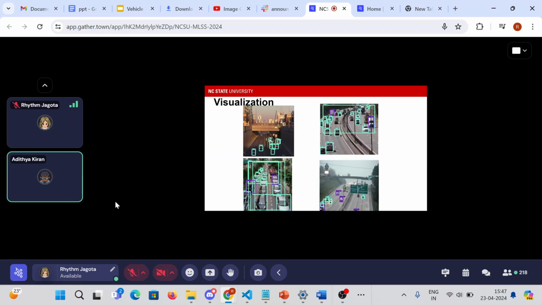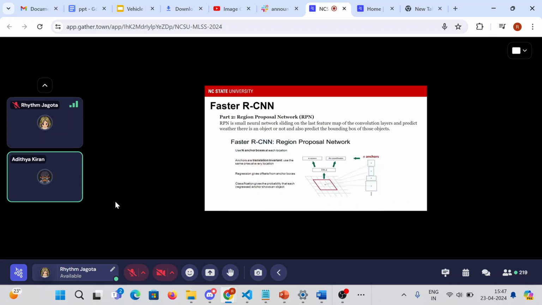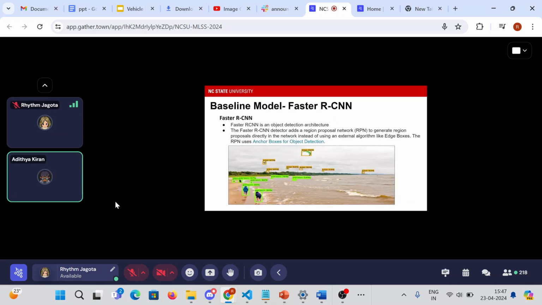So we basically got the regular prediction. It gives 0 to 79 because the COCO dataset has 80 classes. But for us, on fine-tuning on our dataset, we have just a single class, class 0 for vehicle. So what we did was we got the direct predictions on our data, and then we just mapped